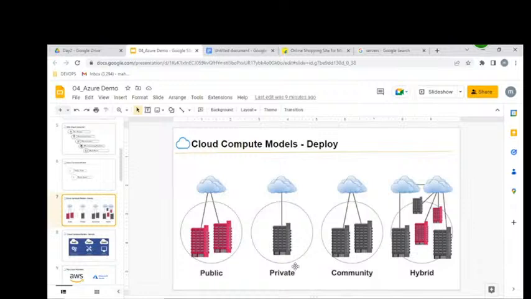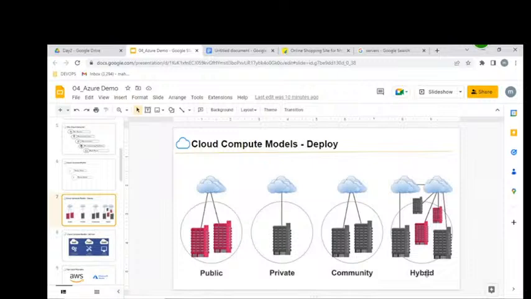But whereas private, for example, tomorrow I'm going to start a financial application. That application should be placed on a specific RAM, a specific CPU, which is not shared with any other. That we call as what? Private. Hybrid means what? The combination of both. The combination of public plus private we call as what?